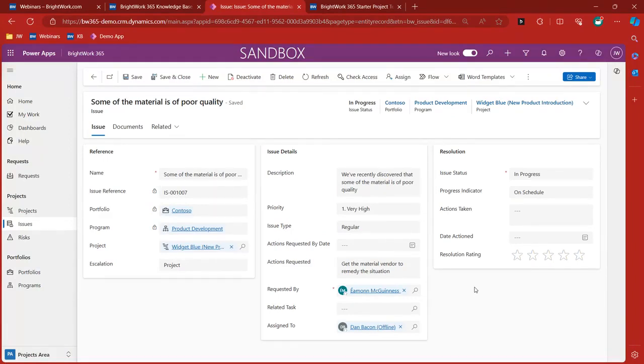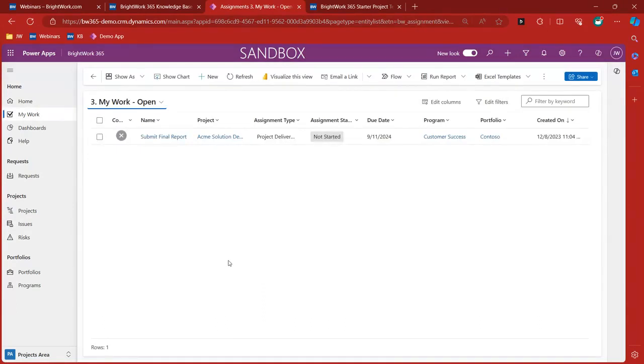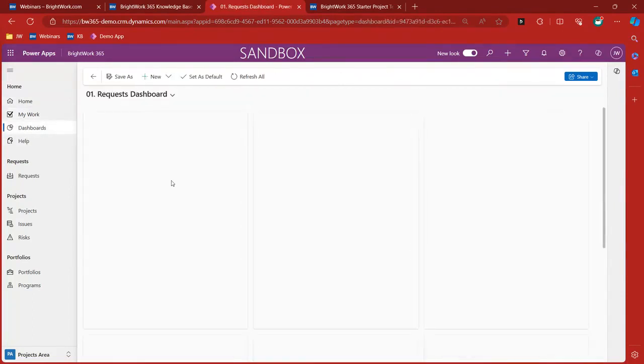So there it is. We have issue management as well. And again, whoever's assigned this issue, whoever's assigned the risk, it's going to show up on their My Work report as well. So from the dozen projects to which they've been assigned, all of these different issues to manage, they can easily find them by going there. Besides the My Work report, I just want to show you in terms of risks and issues,